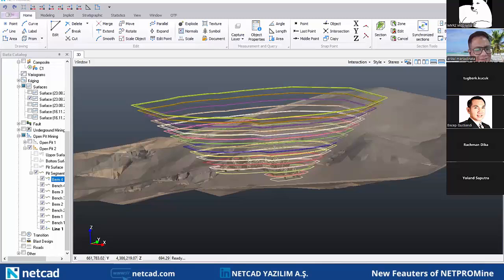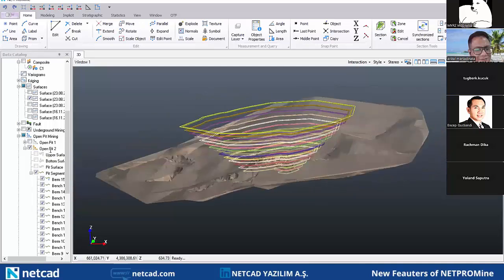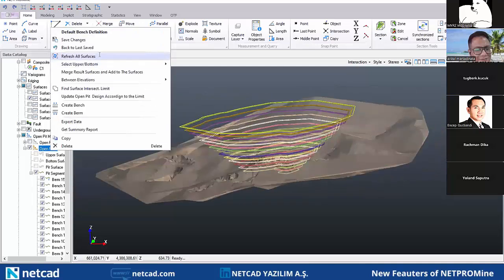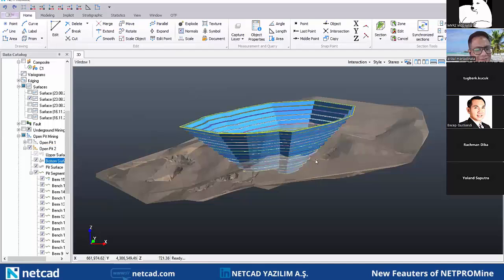So I can make 11 more bench as well. And I can update the design. But if I don't limit with the surface,